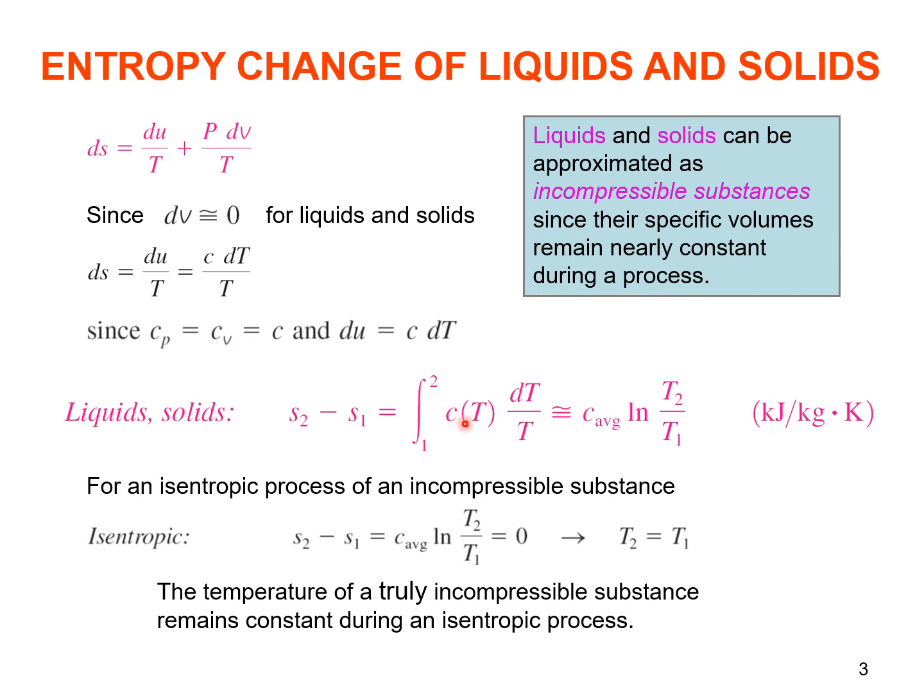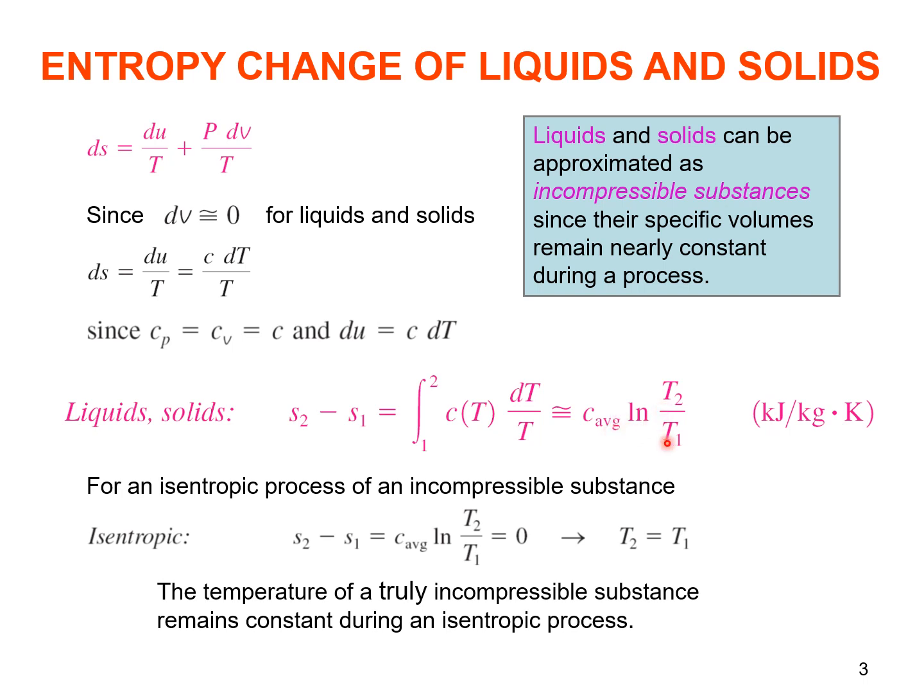And of course, the C value inside the integral, one way we could do this is take an average value. If we knew what the C value was as a function of temperature, if it was a polynomial, we could certainly integrate it in theory. But a quicker approach oftentimes is just to treat C as a constant and pull it outside the integral. So we'll take it like an average value. Then you end up with the integral of dT over T, which is obviously the natural log. So you end up with delta S equal to the average specific heat times the natural log of